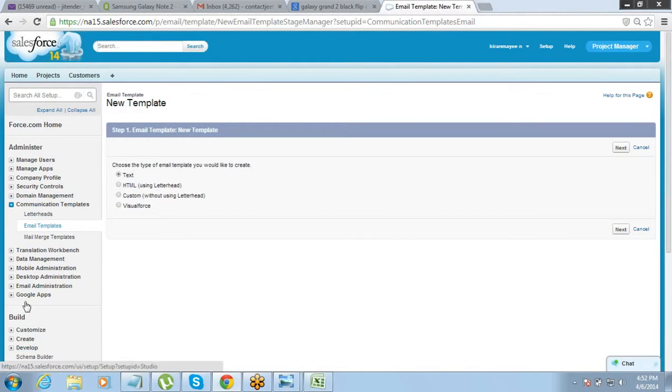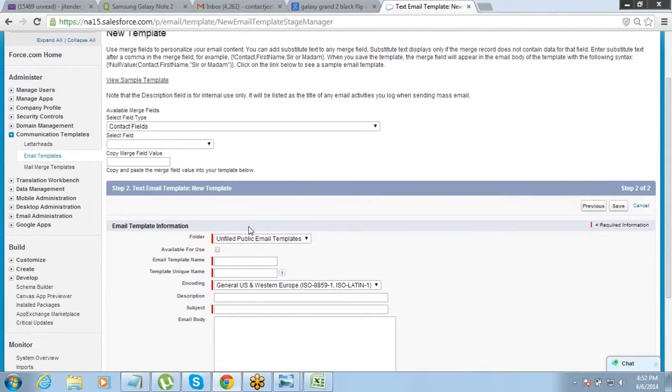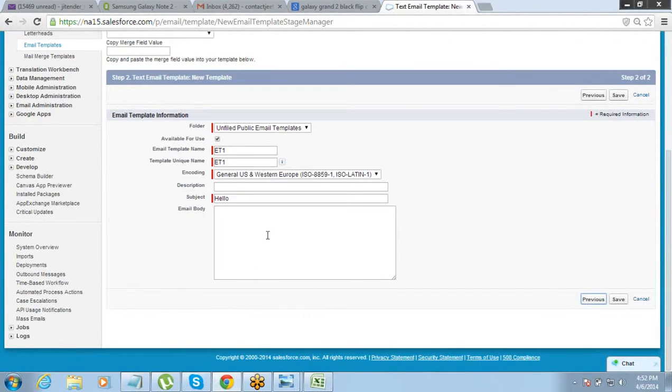If you create a text template, you can straight away go to the next button from here. Give it a name, give a subject line and give a body, as simple as that.